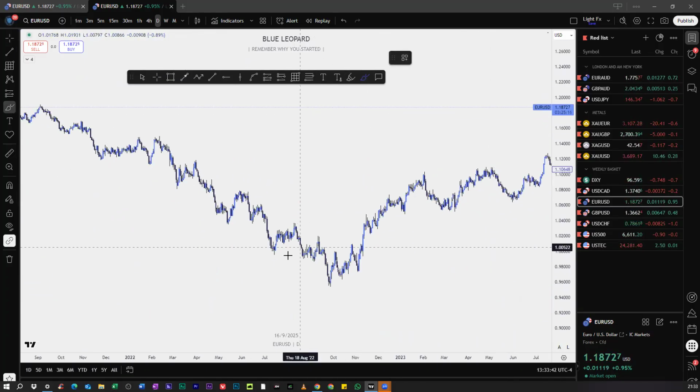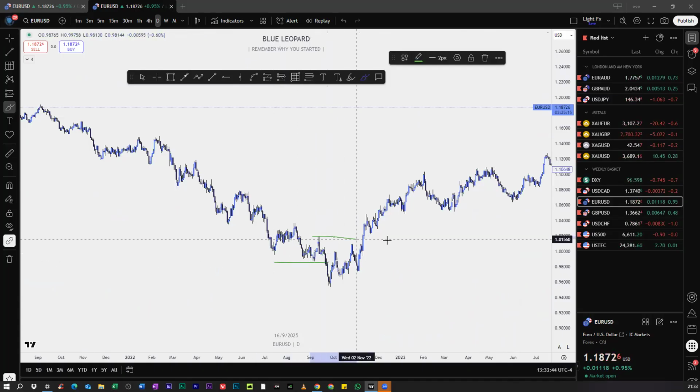Look at here. You have swept this liquidity. We broke structure here. And when price came,